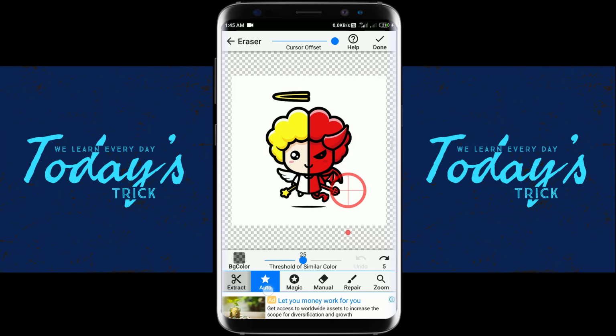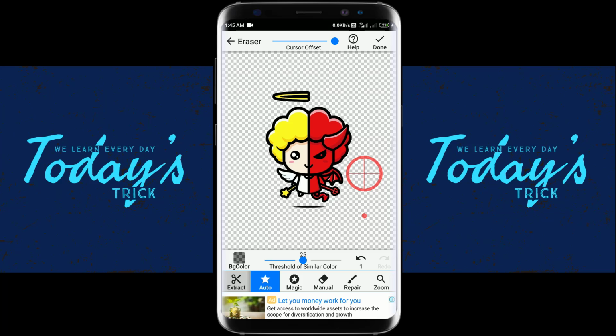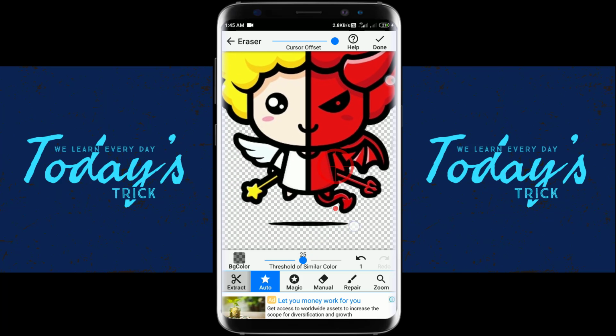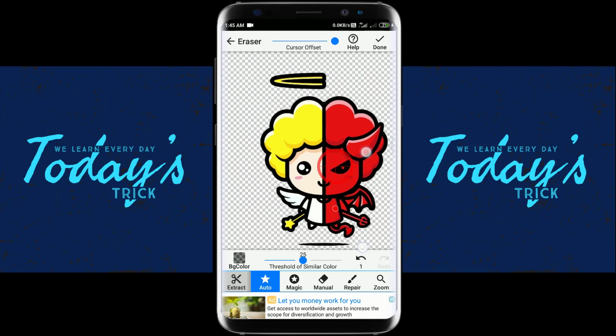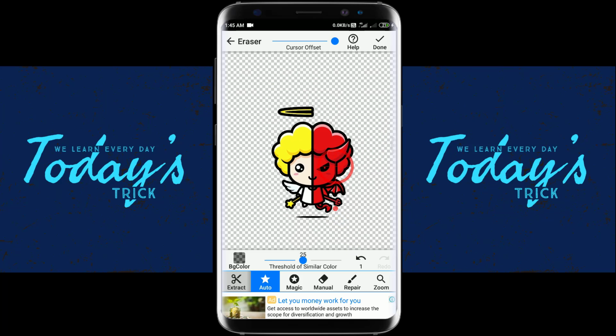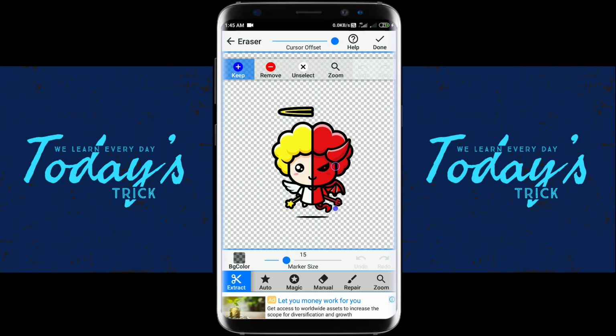Always prefer auto when it's done. Sometimes even auto is not useful. You just have to zoom in, because in certain parts there might still be areas left. In such cases you have to zoom in and use auto, repair everything. And this is a new feature. This came to this app recently. I didn't have this feature when I used it a long time ago. Keep, this method is used to keep the present part.